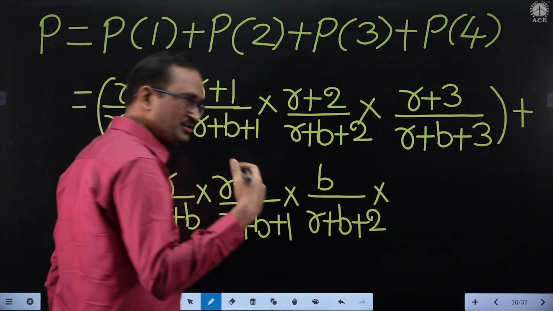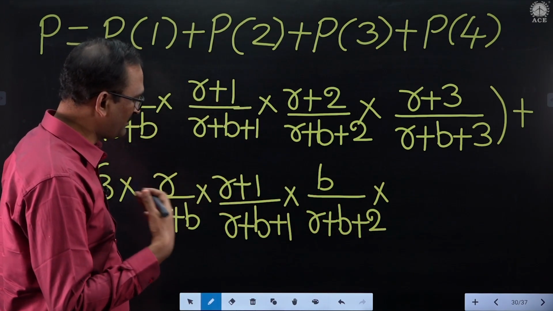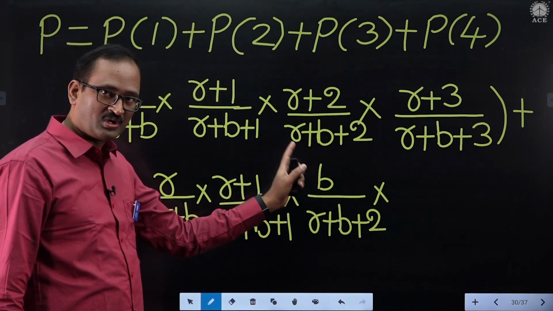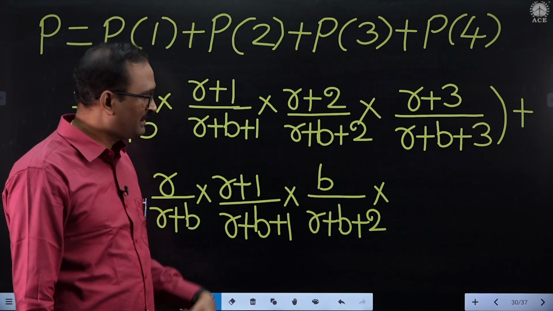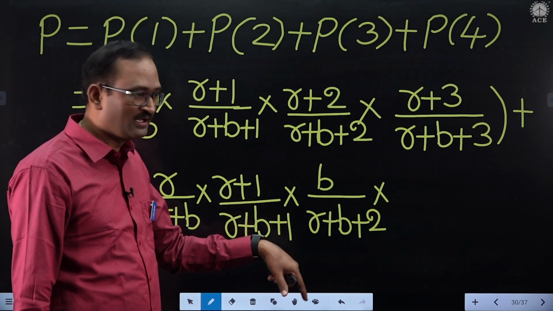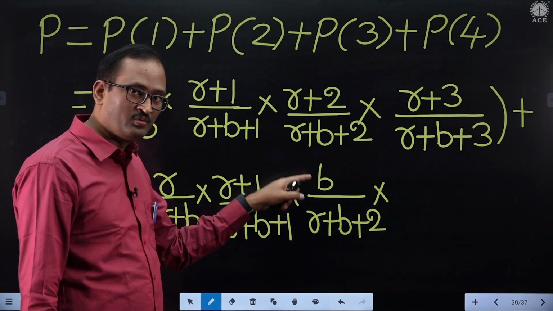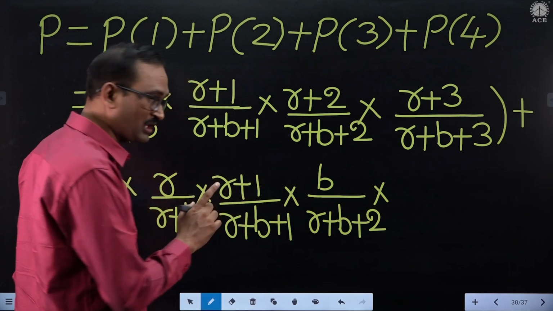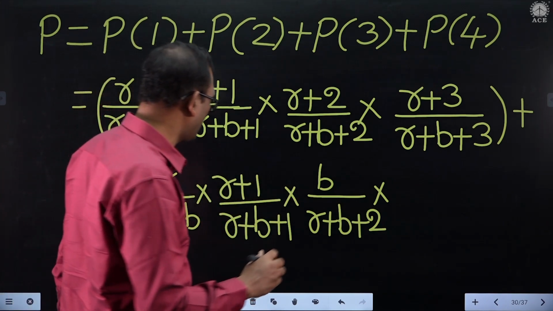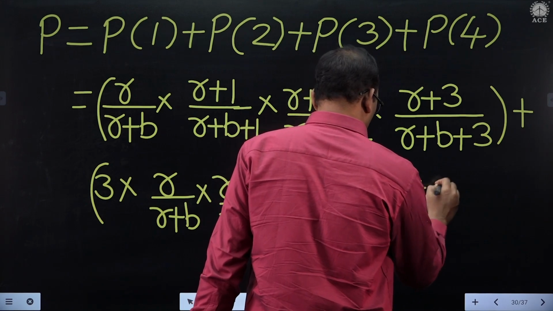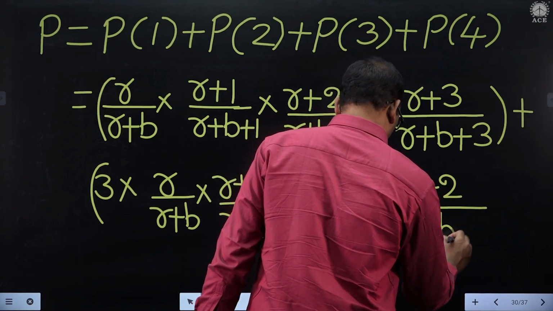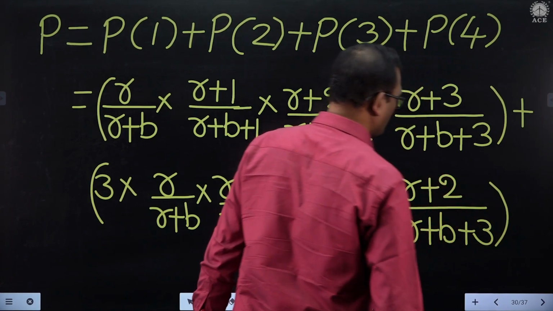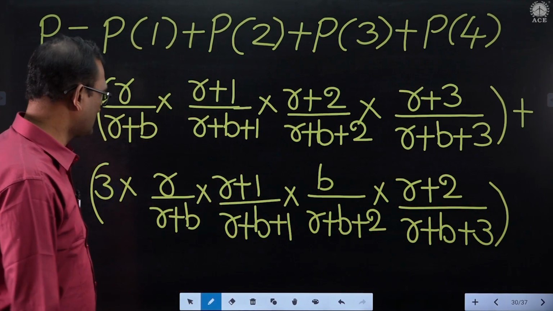Now before going to select the fourth time a red ball, this third time drawn one black ball must be placed in its original position and one more black ball will be added. But total number of black balls will now be b plus 1, but total number of red balls are r plus 2. And the total number of balls r plus b plus 3. This is case 2. Now let us write case 3.